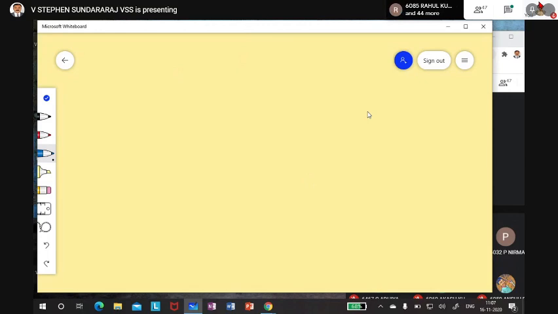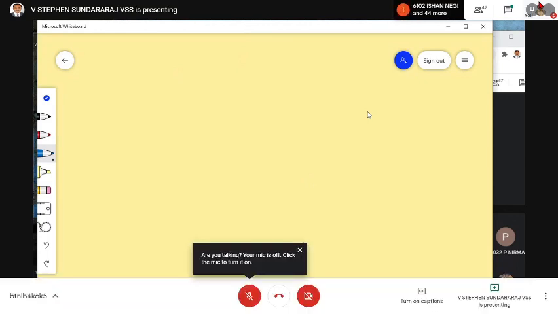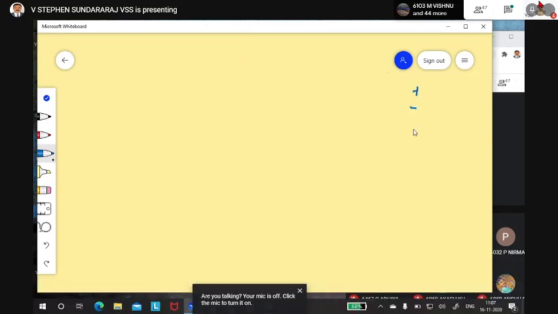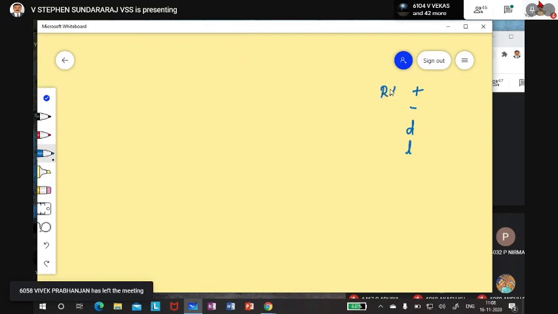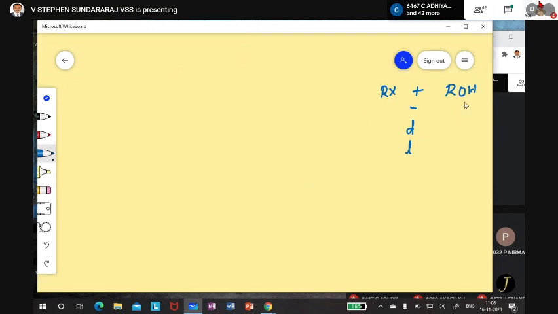If different groups are attached, both of them are not the same chemical compound. The IUPAC name is the same, but one will be plus rotation, one will be minus rotation, one will be D rotation, one will be L rotation. If RX is optically active, then the ROH you get as a product also will be optically active. But what will happen in case of SN1? What will happen in case of SN2? That's what I am going to explain in the stereochemical aspect. Now let us complete the remaining portions.